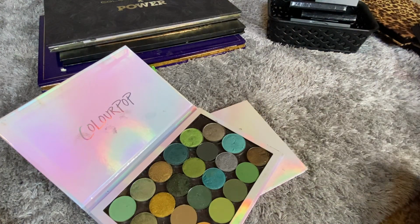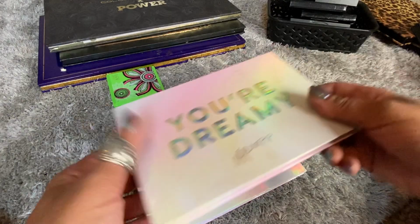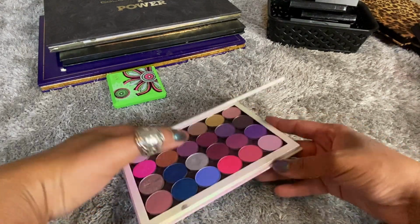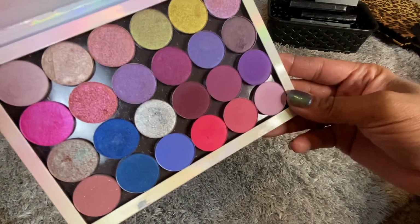Sick. Just beautiful. And I think that I purchased those in 2017, if I remember correctly. So definitely keeping that one. Sorry, I got confused. If this is the one. Yeah, I like this one. This is ColourPop. I'm going to set this aside because I'm going to look at some...